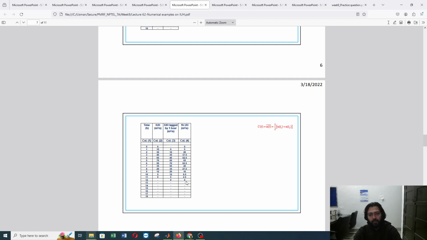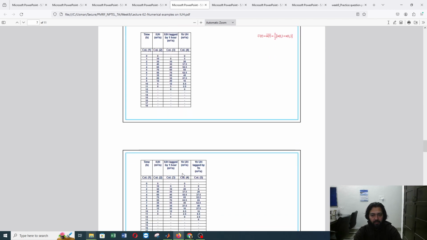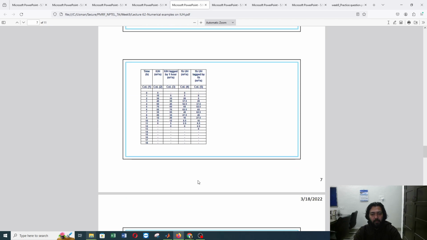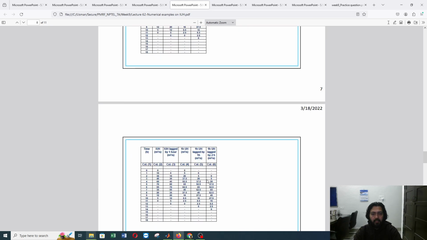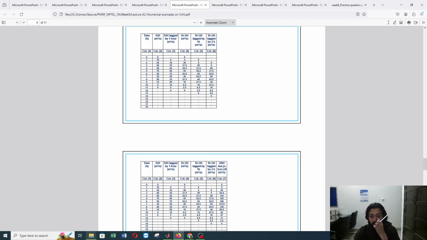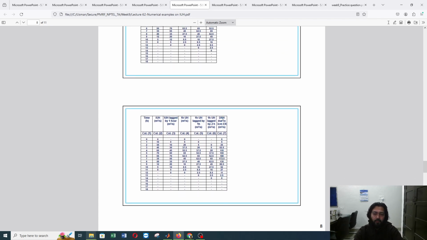But they have asked us to calculate the 3-hour unit hydrograph. So again what we are going to do is lag it by 2 times, right, same thing that we have done in the previous question. Now we are going to take the summation of this. So it will give us the DRH due to effective rainfall of 3 centimeter. Since we know the DRH due to 3 centimeter excess rainfall, we can calculate the unit hydrograph also by dividing this column by 3.